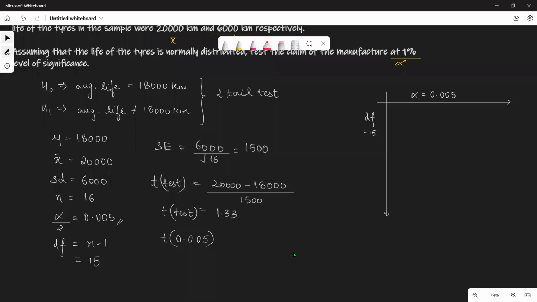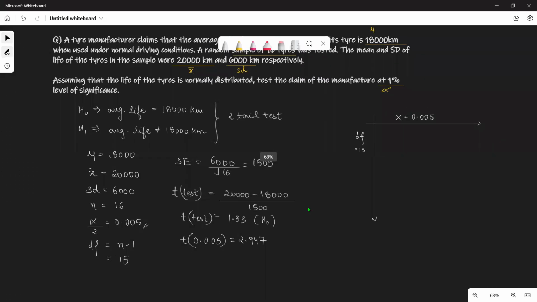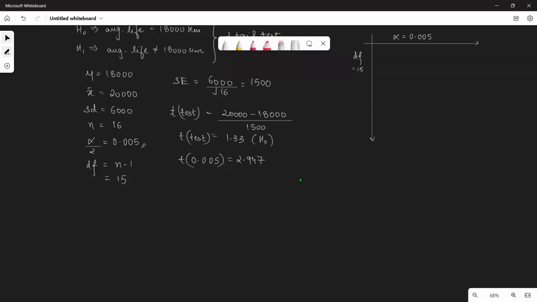So the critical value from the table is 2.947. So what is this? The point from where your rejection starts. And this is a two-tailed test. That means you will have rejection region on both the sides, isn't it? That is what we have observed. So if I'm drawing the graph here,